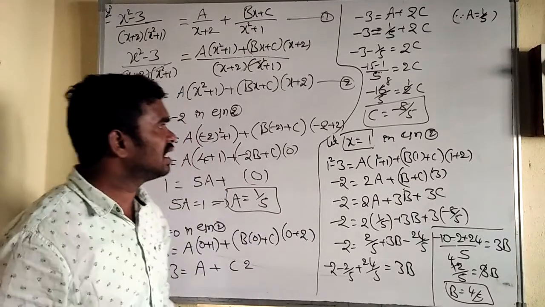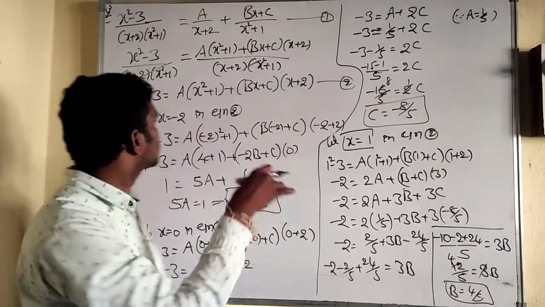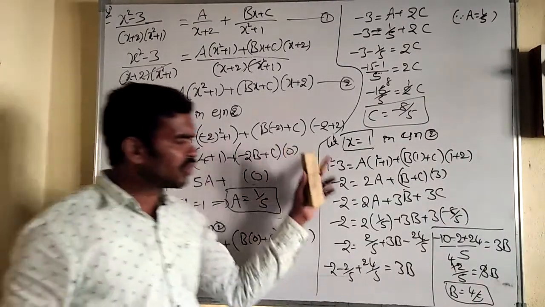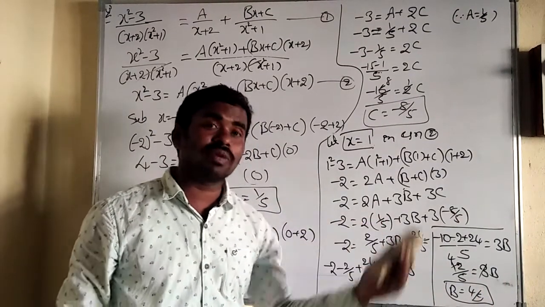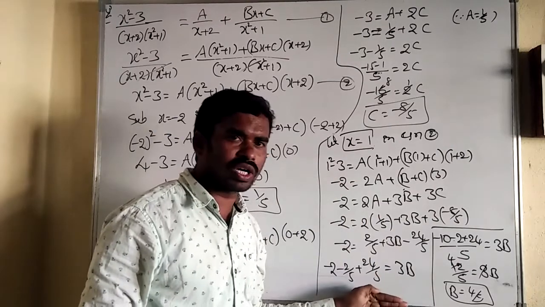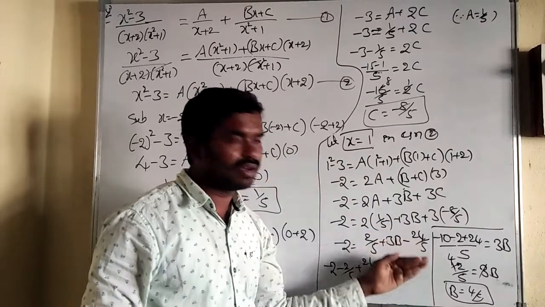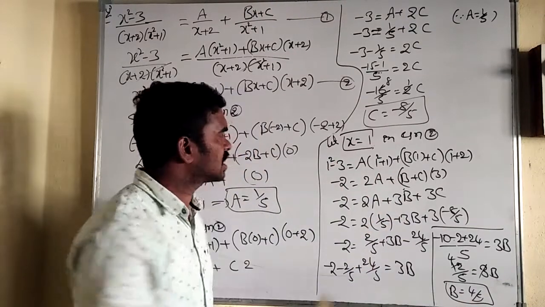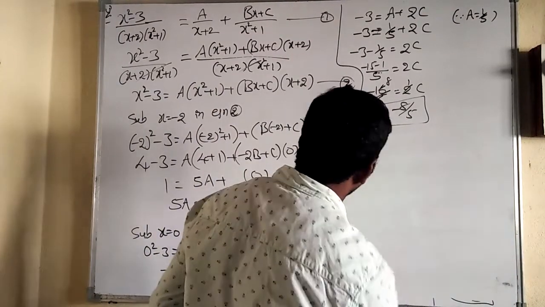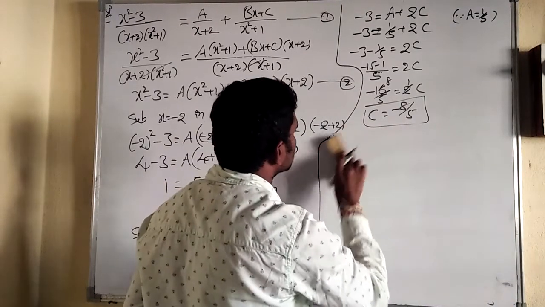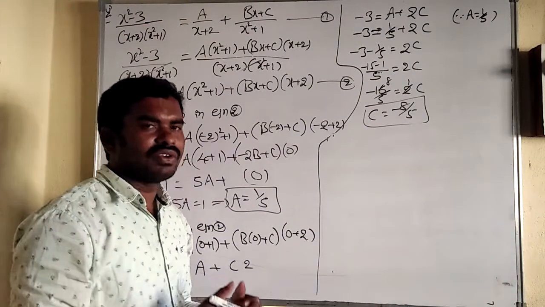Next, see here, I have taken x is equal to 1. Or if you take x is equal to 2 or x is equal to 3 or any number and do it, b value we get 4 by 5. Okay, and this is one method. And one more method is, please note down, I am removing this because in another way also I will find b value 4 by 5. Let us see. Okay, why sir another method? Because if you know several methods, in the examination or in your notebook, you can choose the easy method.